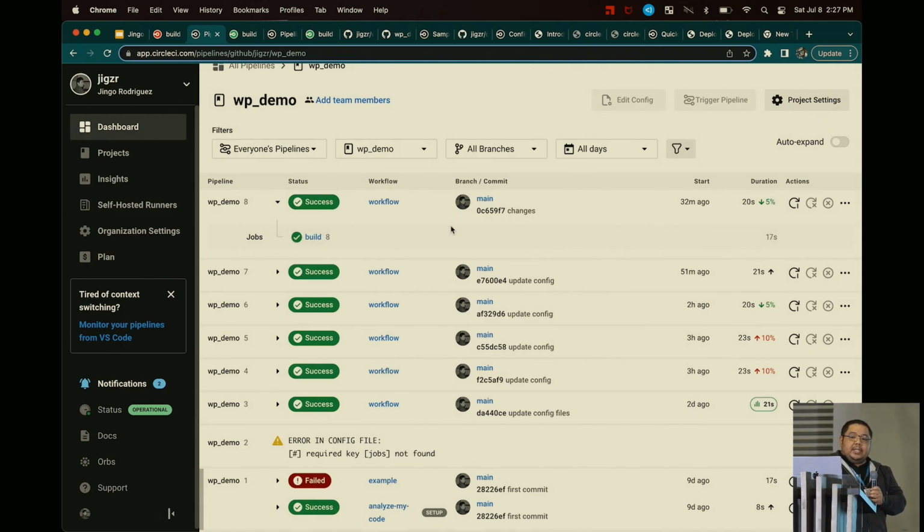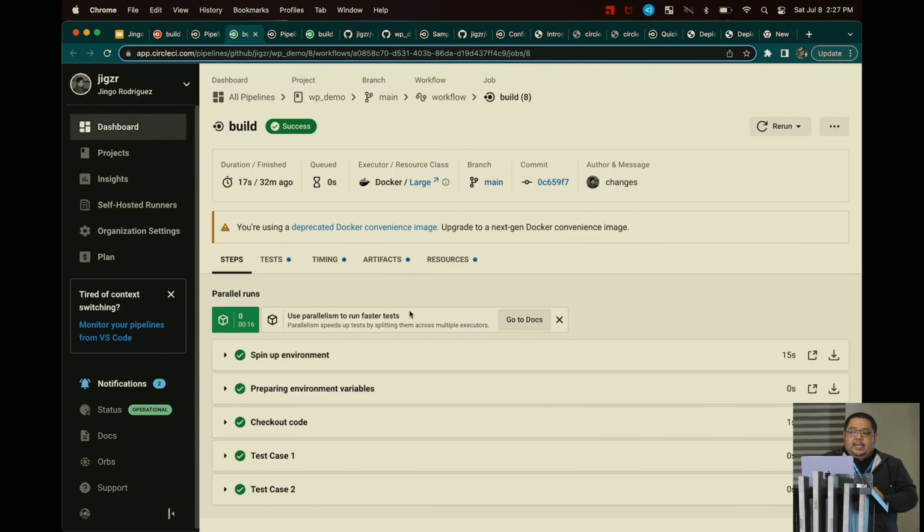So kung mabilis internet mo, yeah, it's gonna create a new row here, and it says running. Okay, once it run, it will tell you, upon completion, kung natapos na yung buong test, it's going to tell you it's either you have a successful build or a failed build. Okay? So ito example ng ano niya, ng